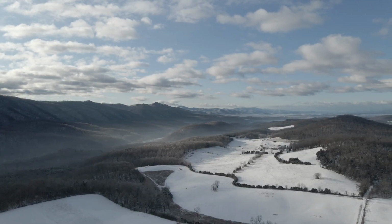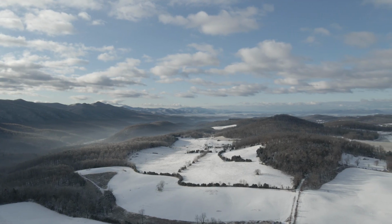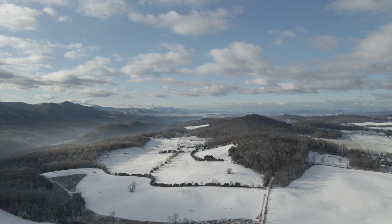sleet, snow, rain, freezing rain, just any type of precipitation you could think of. And I think it was an accumulation of about 4.5 inches. So it was wet. And that really concerned me, because I was thinking, oh my gosh, they are going to just tear up the field, the compaction layers are going to be awful, and they're just going to make a muddy